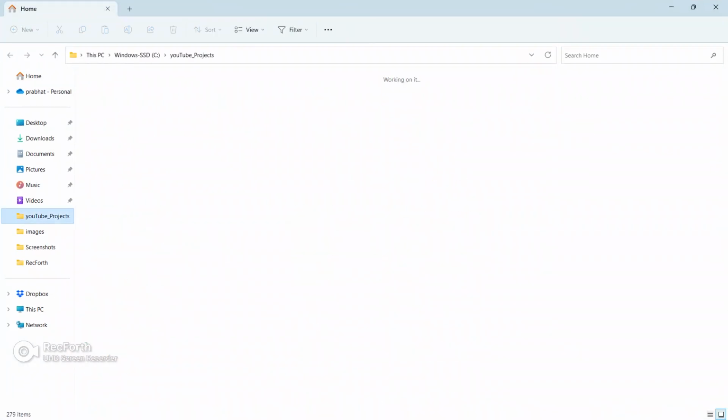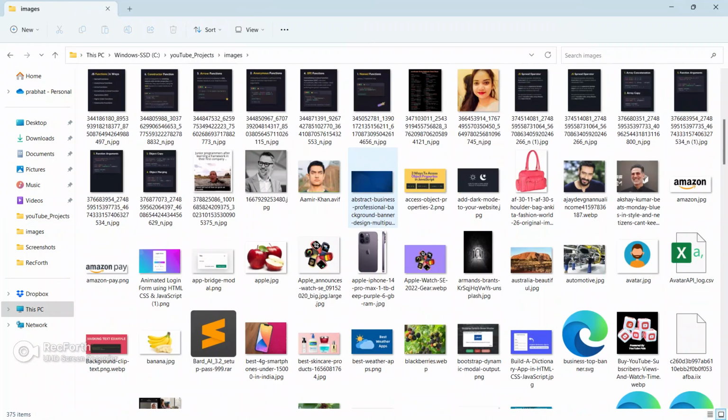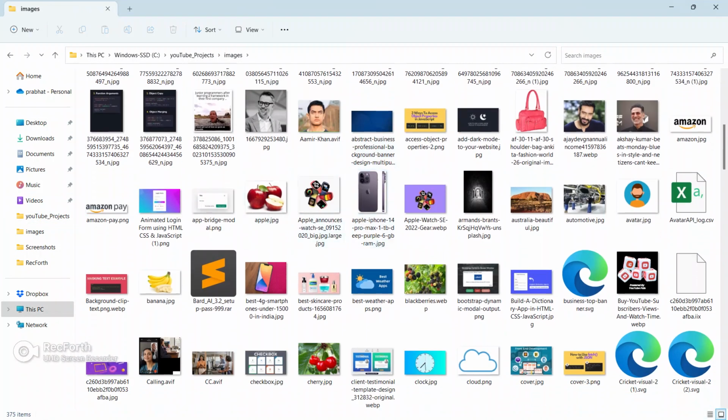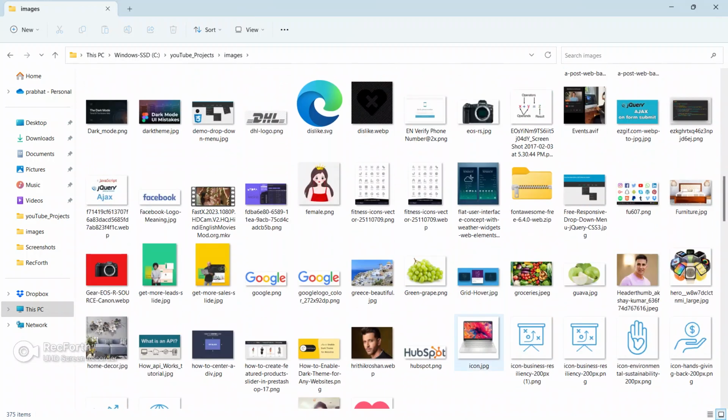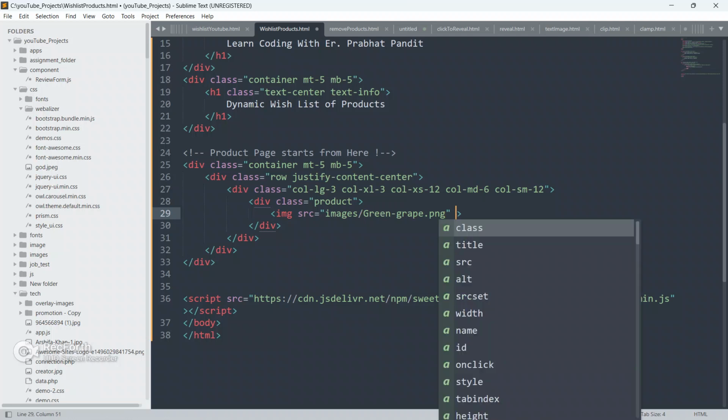okay. So just let me go to the folder where I have saved some of the images of the products. Just go here, and first of all I'm gonna use grapes. So where is the grapes? Yeah, this is the grape.png. So copy it from here and paste it here.